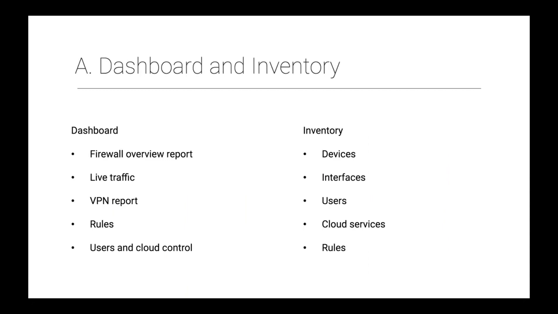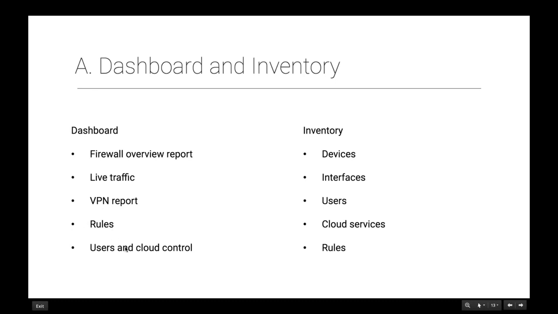So let us look at the dashboard and inventory report. The dashboard is an aggregated report which provides the following: the firewall overview report, which is nothing but a high-level overview of firewall traffic statistics, security statistics, and system performance. Next is live traffic. You get the live traffic data through individual firewalls. And the VPN report, which provides active VPN user list and VPN usage details. You also get an overview of all the rules that are triggered in the firewall, users, and cloud services accessed